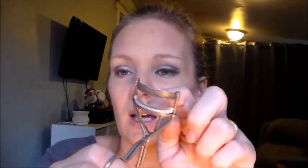You can take this thing out, the rubber thing out, and wash it. In fact, this thing is kind of grimy, so I should probably just wash the whole thing. But it's metal. You can disinfect metal. You don't have to